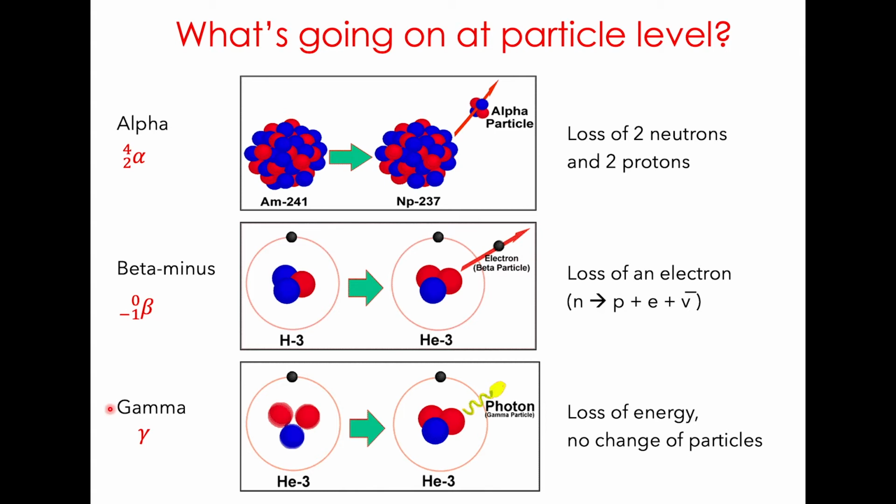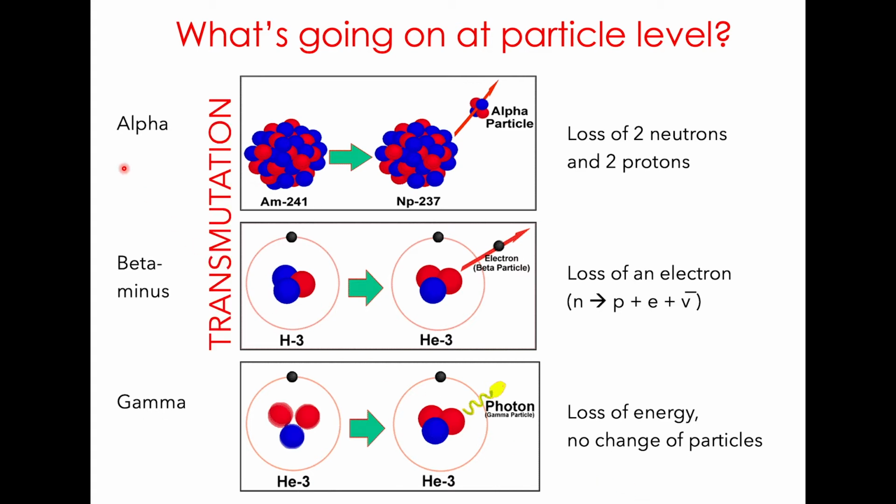A gamma ray is a burst of energy emitted by some unstable nuclei, often those that have just given out an alpha or beta particle as the remaining nucleons sort of rearrange themselves. Students should recognise this as a high energy electromagnetic wave. Other types of decay, such as neutron emission, are also possible.